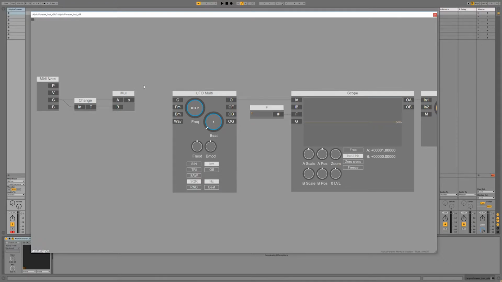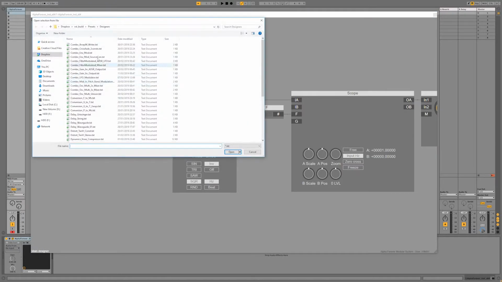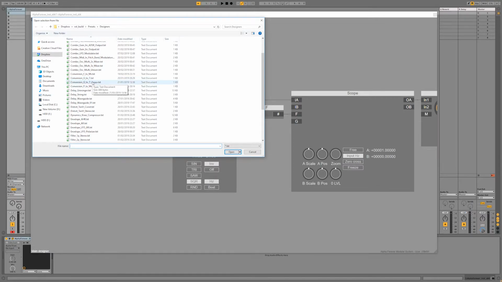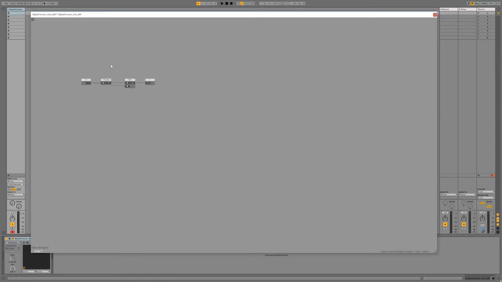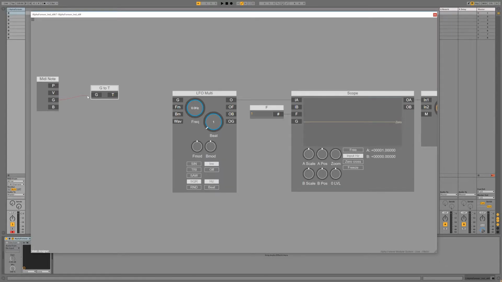and do this. But since the latest release of Alpha Forever, we have these nice patches, and we have a conversion G to T, and we also have a mutation in which it tells us if it's going up or down. But currently we only need this. So you can see that inside it's the same as I did before. So G in, T out, and let's use an envelope follower,